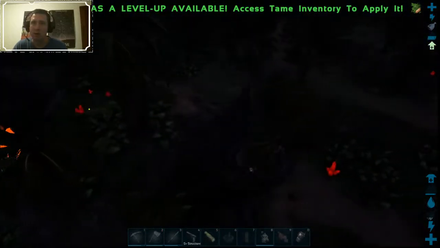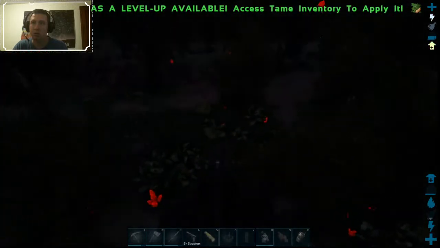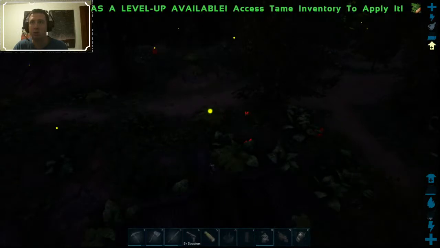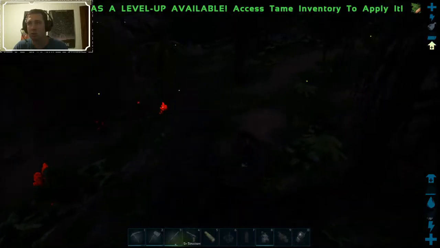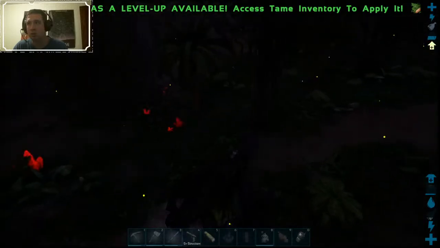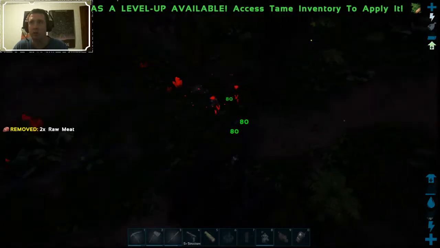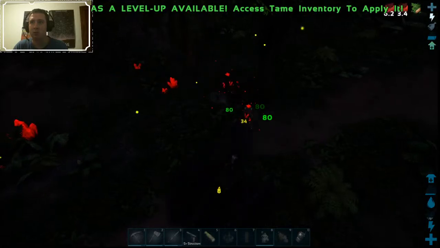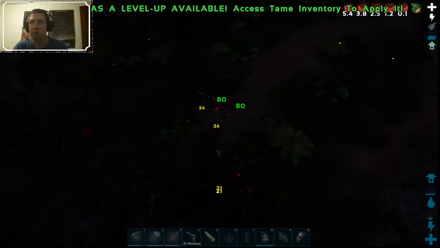So where did I see those guys? They're right down in here. Yeah, right there. I'm just seeing if I could kill one of them. So they're really low level. That was...